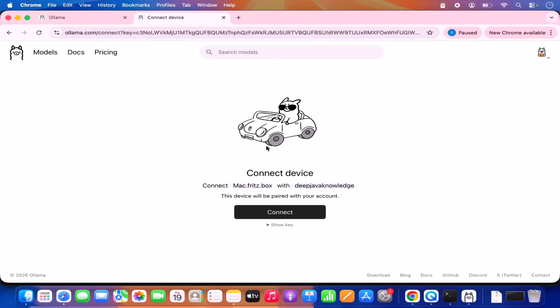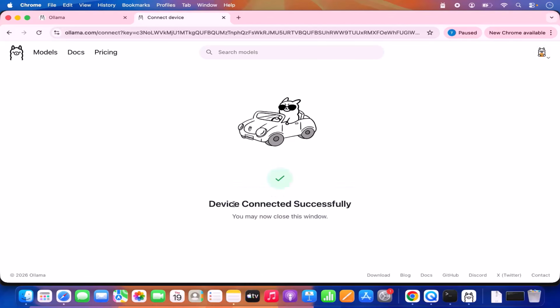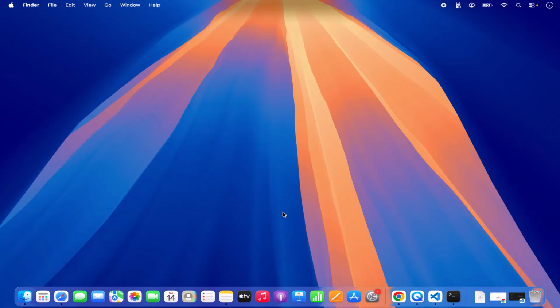And once I sign in with my Google account, you can see my account is created here. And here I'm going to just connect this device. So I'm going to click on connect here and it says device connected successfully. So once you have Ollama and Claude Code installed on your Mac operating system, let's open Visual Studio Code,